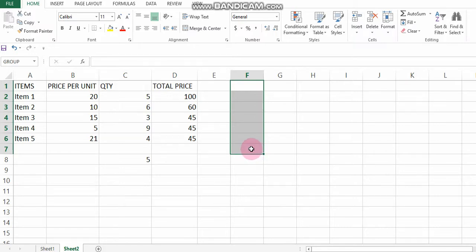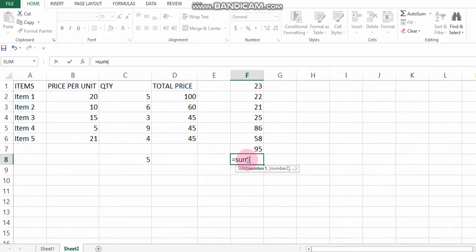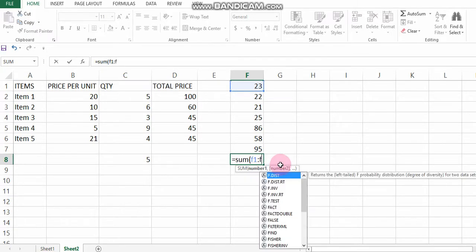One more thing is there to see. Suppose you have written some examples here, and you want to get the total of all these. What you always do is press equal and write the references one by one, or you use the sum by writing the range like F1 to F7, right?